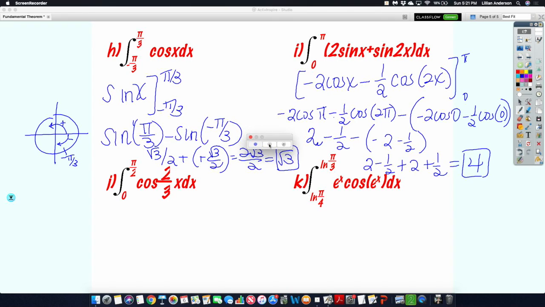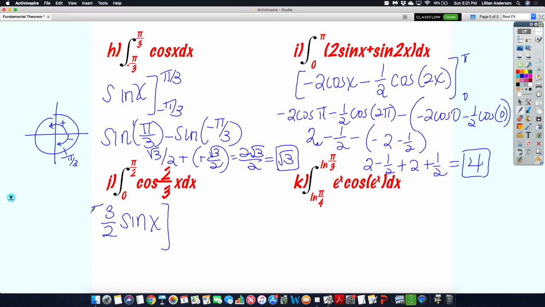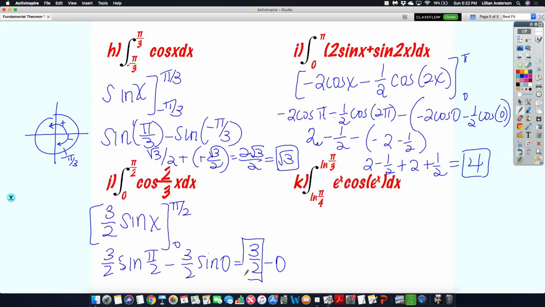All right, so for this one, this is another one of your special formulas. It's going to be 1 over a sine of ax plus b. So this is going to be 3 over 2, because again, 1 over 2/3 would give us 3 over 2. Sine of x, and we're going to evaluate that from 0 to pi over 2. So we're going to plug in pi over 2 and subtract when we plug in 0. The sine of pi over 2 is 1, so this becomes 3 over 2, minus the sine of 0, which is 0. So our answer is just,